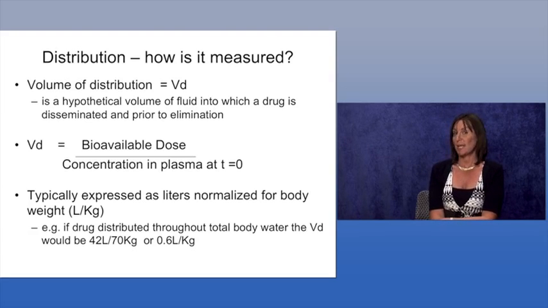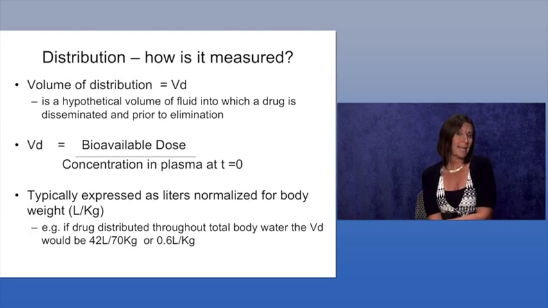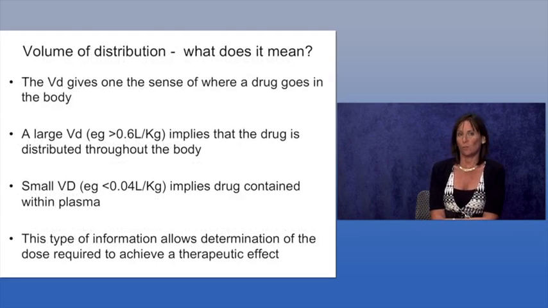If the volume of distribution is calculated to be higher than this, then you can infer that it is being sequestered in tissues such as bone or possibly even fat. If it is a volume of distribution less than this, then you can infer that it is being limited through some of its determinants of distribution that we talked about previously that is preventing it from gaining access to all total body compartments. So the volume of distribution, simplistically, gives one the sense of where the drug goes in the body. Remember again, it is not talking about the effect of the drug, it is purely talking about the pharmacokinetics,